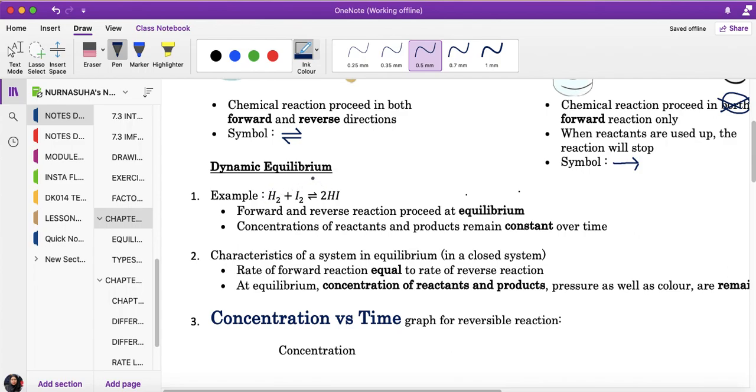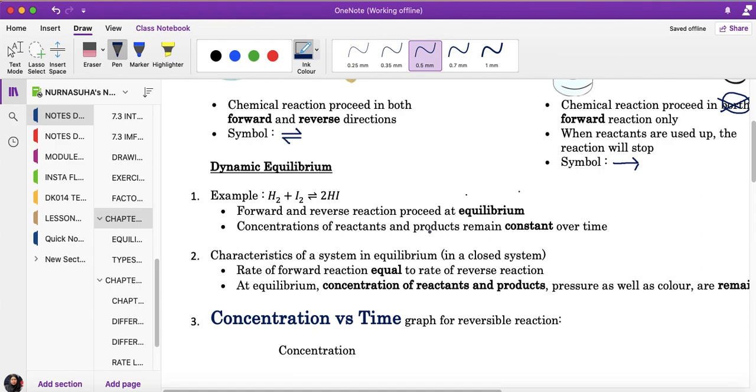So maksudnya the process is reversible. Both forward and reverse reaction will proceed at equilibrium. And you have to remember, kepekatan of reactants and products remains constant over time. Maksudnya bila kita dah capai equilibrium,